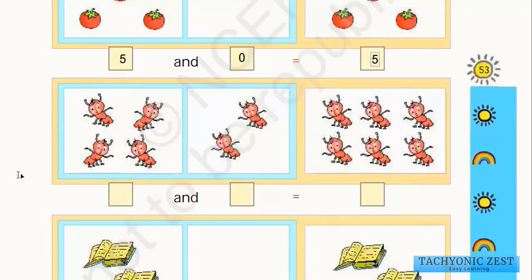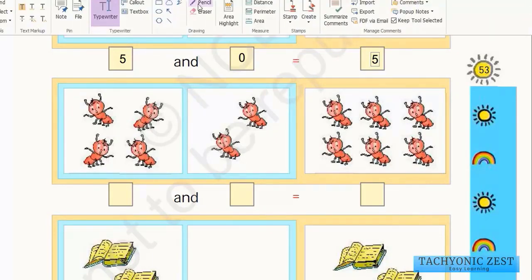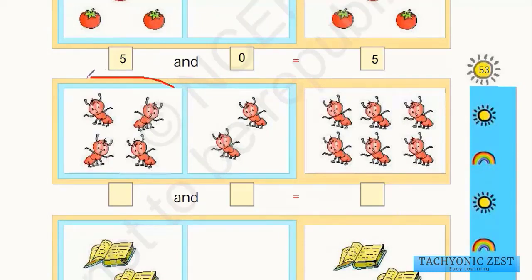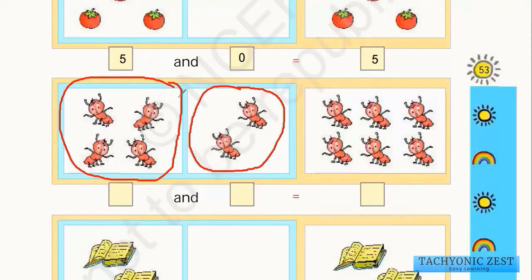Let's solve the next question. Now here there are some ants, and here few more ants come and join them. So what is the total number of ants we get? What they are saying is, here there are few ants, we have to count the total number of ants, then few more ants come and join these ants. So what is the total number of ants finally that we get? That we need to find out.